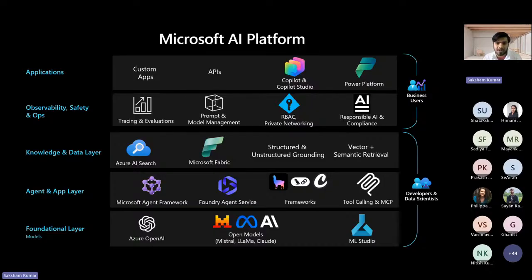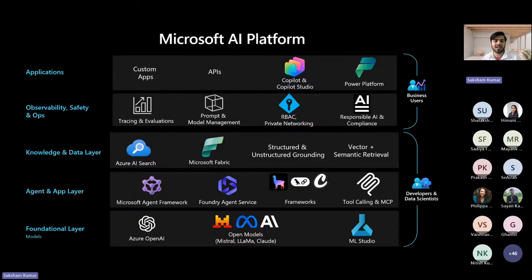You also have frameworks. We have Llama, we have LangChain, we have multiple other frameworks which you can connect. And you can also make use of tool calling and Model Context Protocol, which Anthropic released. Cyan will be taking a session on it the day after tomorrow, so if you want to join, you can learn about MCP right there. Frameworks will also be discussed by Philippa tomorrow, so you can join that session to know more about it.